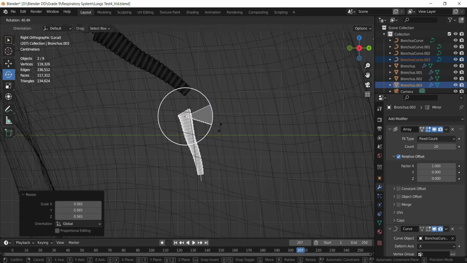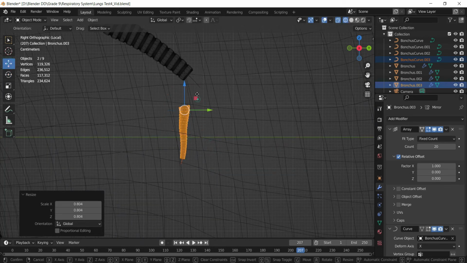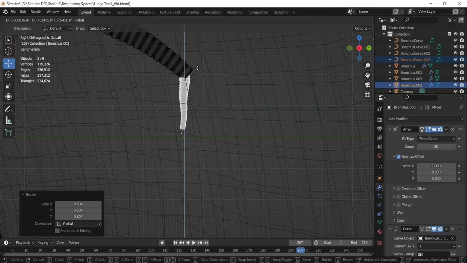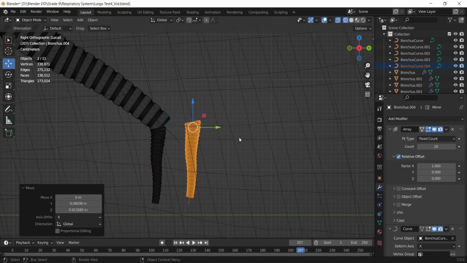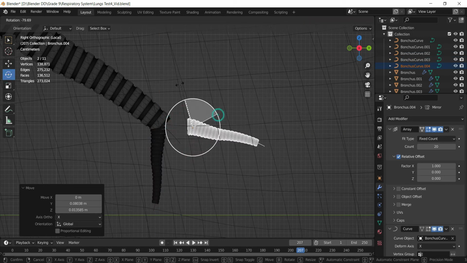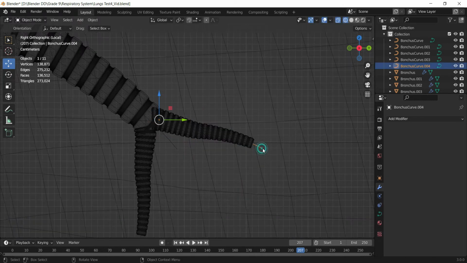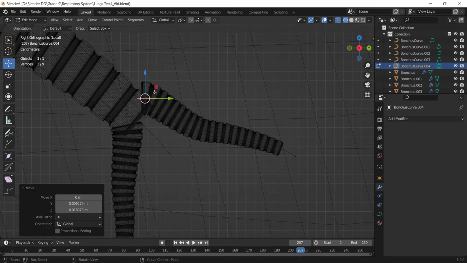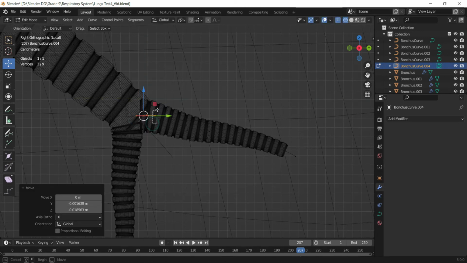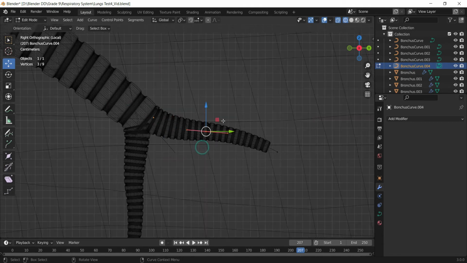We can rotate this if we want to change the direction, and let's bring one over here like this, Shift D, one like this, and then we can select the curve and change its position, yeah, like that.